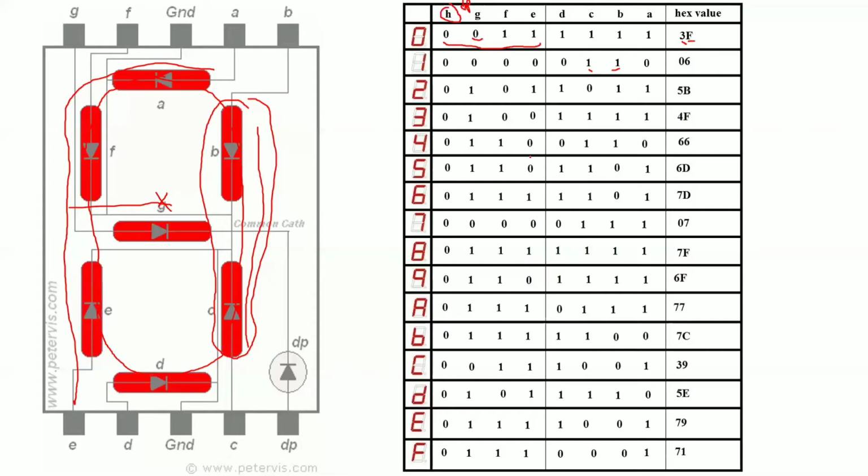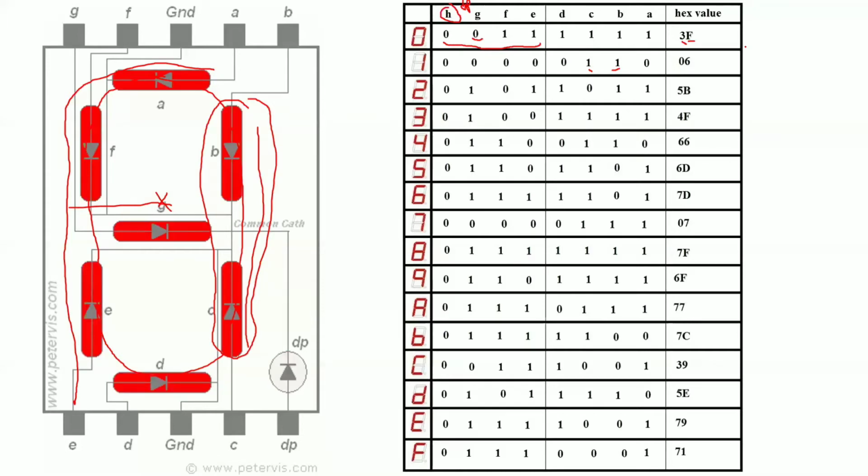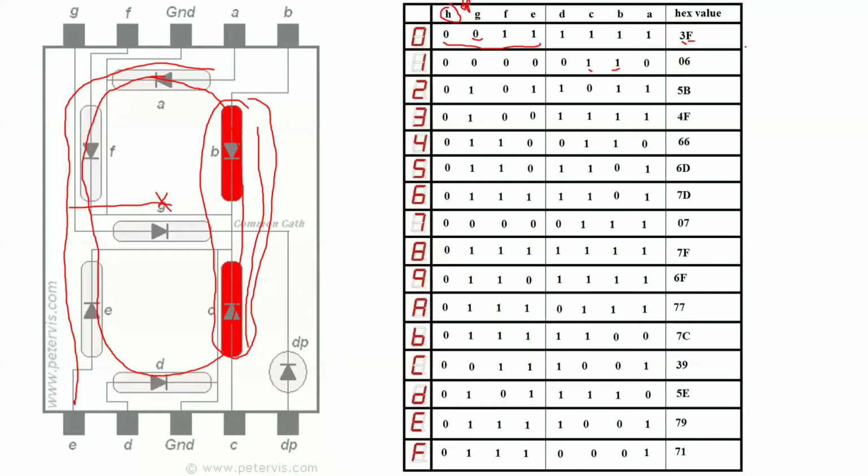My question is, if I want to store this entire information, the hexadecimal codes of your 7 segment display, will they change, or will they be permanent? It will be permanent. Why? Because if you come today morning and see the code of 0, the 0 code is 3F. Again you wake up tomorrow morning and see the code of your 0. Will it change, or will it be the same? It will always be the same, right?